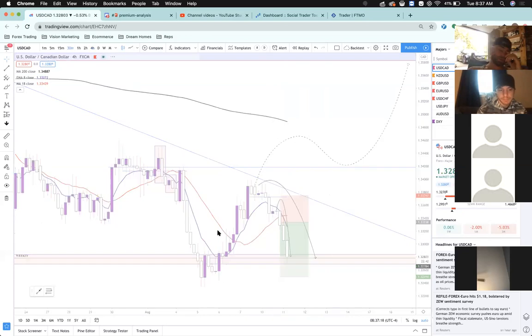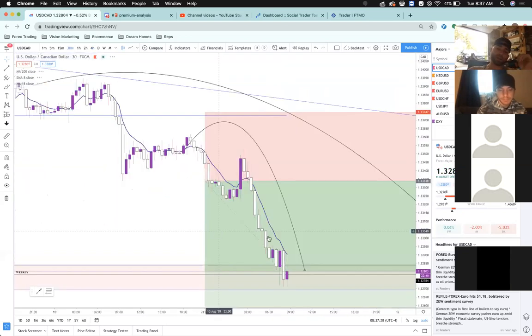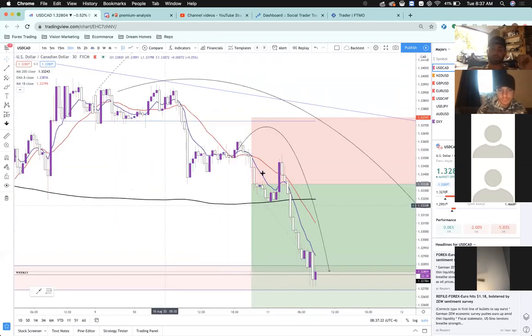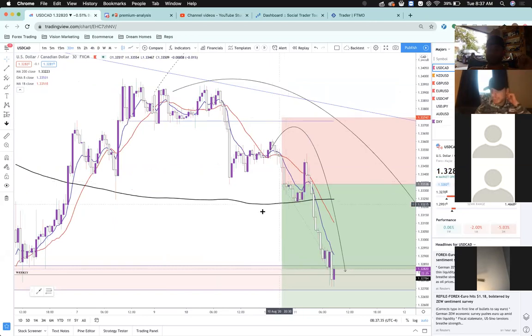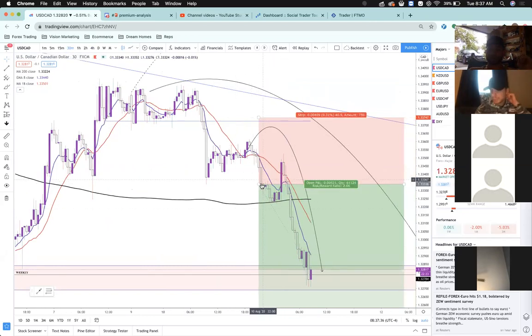Then I went all the way down. We'll hit the 30 minute and take a look at the entry. We put this in the premium analysis again, this little pullback. This is when we were waiting to get in. We actually missed it, got in a little bit late. So I just put my stops, protected myself up here. And as you can see, we got it on a pretty good trade.